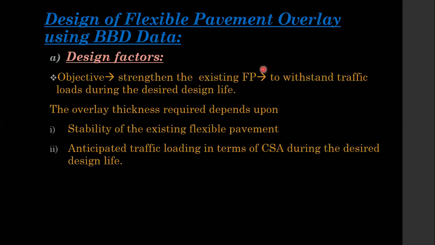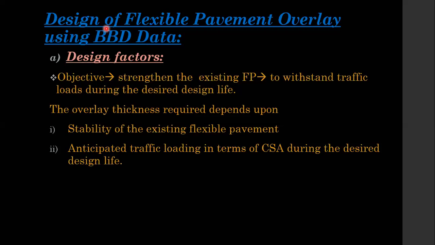Okay, and today we shall discuss the last part of the structural evaluation design, that is design of flexible pavement overlay using BBD data. In the past class, you studied the temperature correction, pavement correction, and moisture correction, and how to take the data. In detail, you studied how to measure three data, that is D naught, DI, and DF. Next, this is the last part.